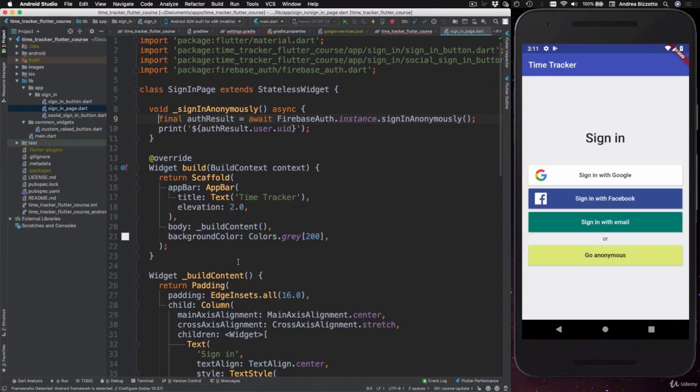In the last video, we added some code to our sign-in page so that we can sign in the user anonymously with Firebase. The way we did that is by defining this method called sign-in anonymously. And at this stage, I want to take some time to explain a concept that is very important in software